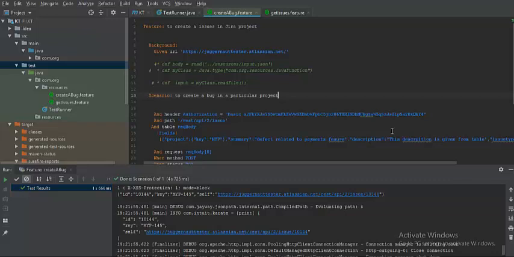Whenever there is a deployment, the test cases are automatically executed without any need of manual intervention. This is what the industry expects every test suite to be based upon the need and requirement of the project, and it adds a lot of value to the business as well, because when the build is deployed somewhere in the afternoon or evening, nobody needs to sit and run the tests and monitor.